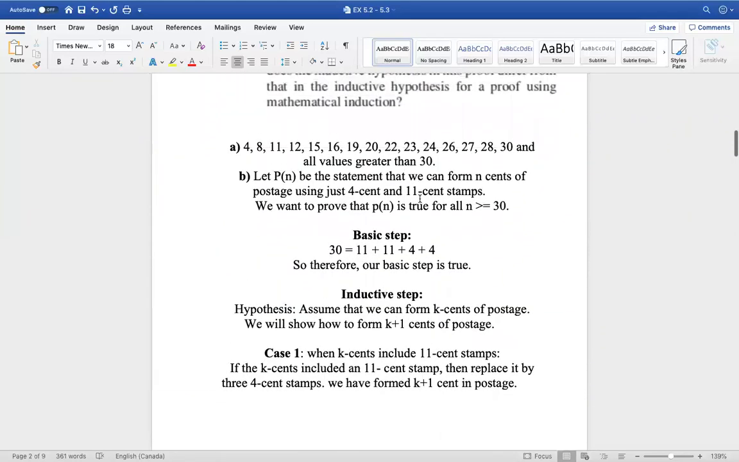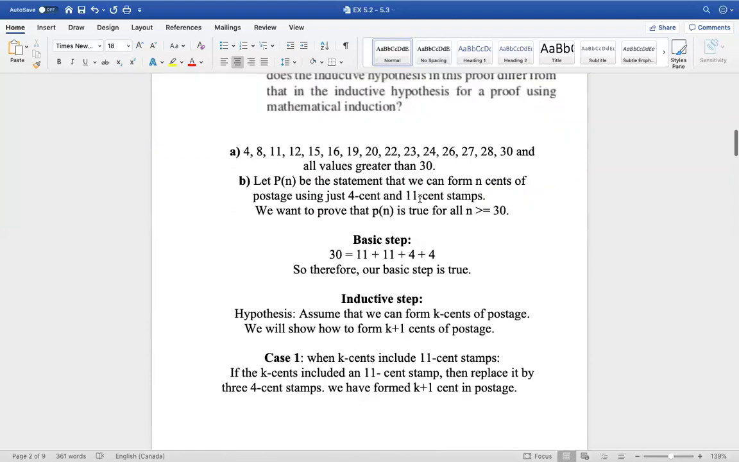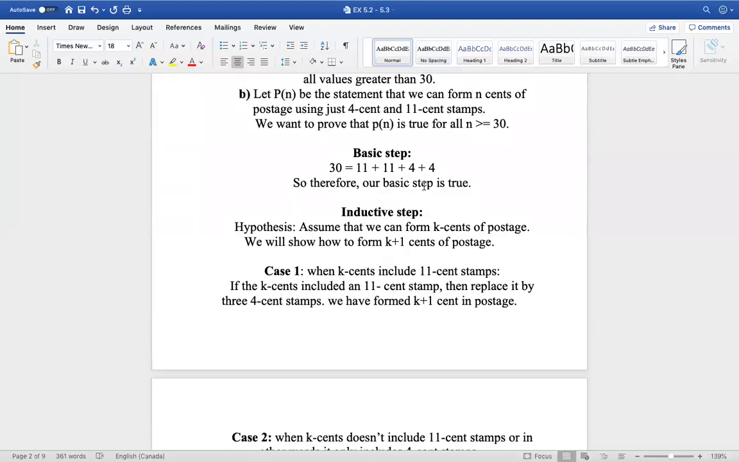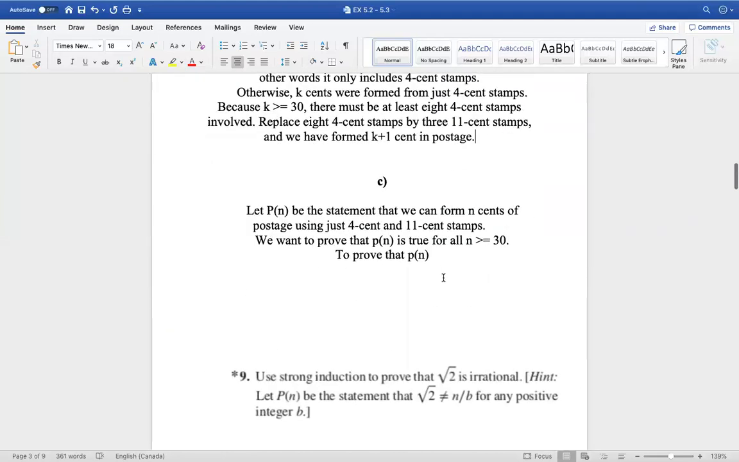But wait, that means we can use any number other than 30. We can use 28, right? Yeah, but we are trying to prove it for all the numbers greater than 30. For all the numbers. Okay. Yes. Right, that's why. So to prove that Pn is true for all n greater than or equal to 30,